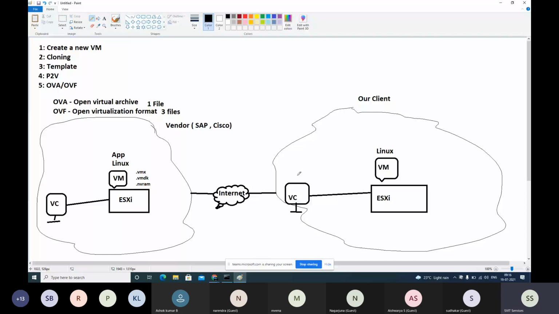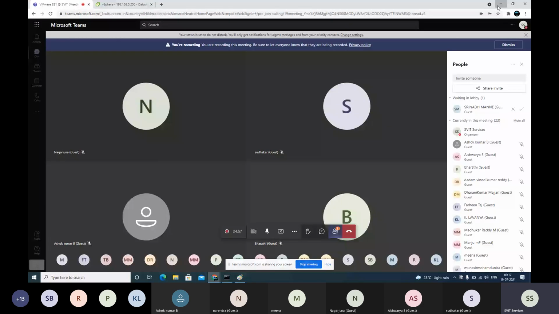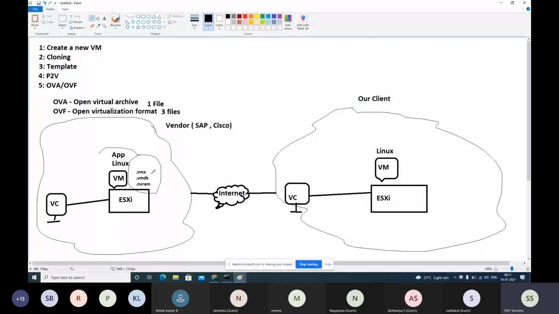That will take time. Failure chances will be higher and it is time consuming. That's why VMware has a feature for compressing the entire 6 to 7 files together into one single file. It's called Open Virtual Archive. The entire machine will be compressed into one file. Even on your personal laptop, if you want to send some data, you will compress it. It takes less space, so it is easy to transfer using your pen drives. If you have huge data, you compress it and take it. Here also it is the same. Instead of copying the entire machine, compress all these files into one single file.